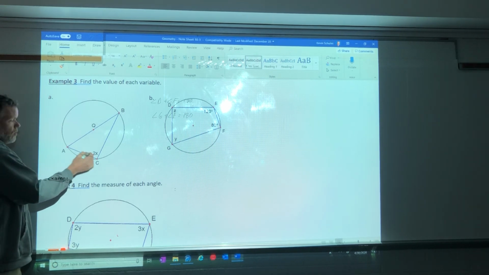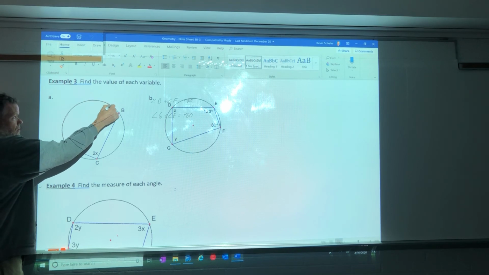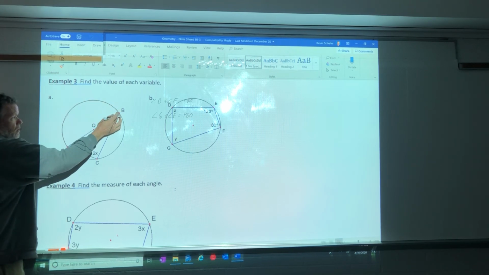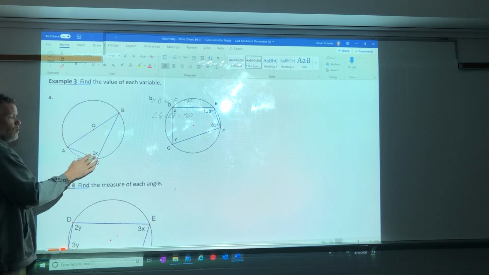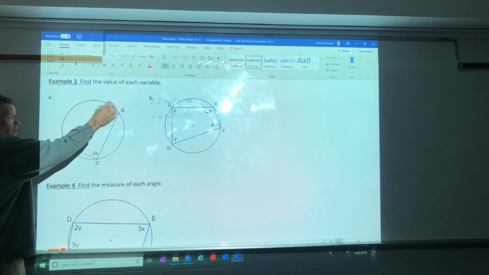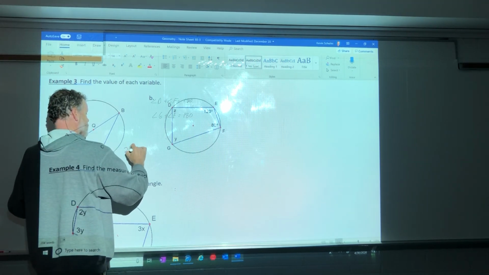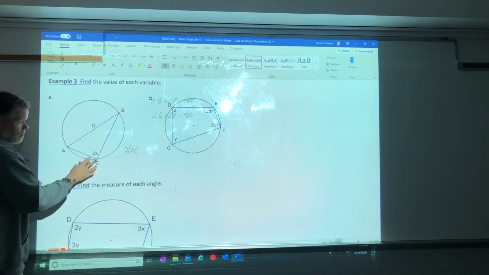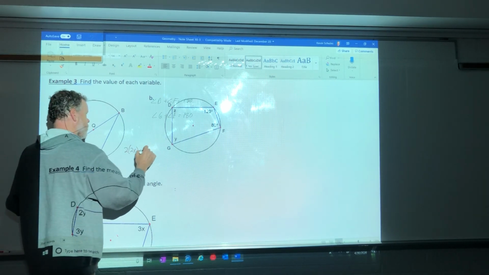So you have your angle right here, and that hits where it intersects the circle right here, gives you this arc. So arc AB. 2 times angle C is going to equal the measure of arc AB. So 2 times 2x, this is the angle right here, angle C, is going to equal